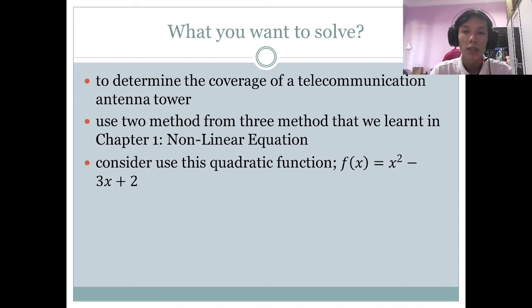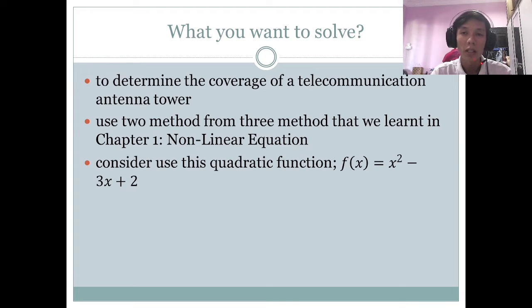We use two of the three methods learned in Chapter 1, non-linear equation, which are bisection and secant method. Next, we consider this quadratic function: f(x) = x^2 - 3x + 2. We will calculate manually